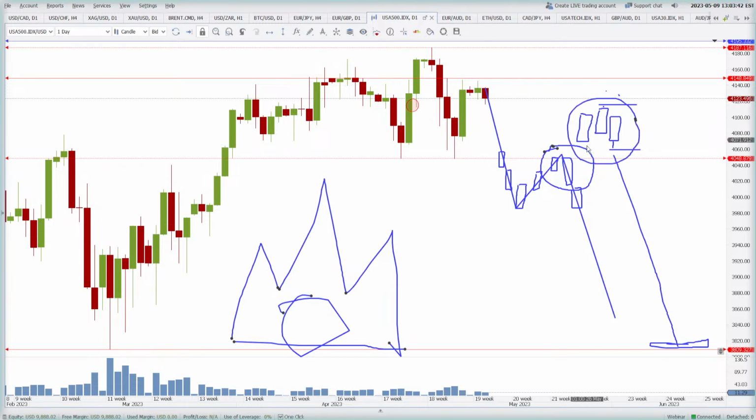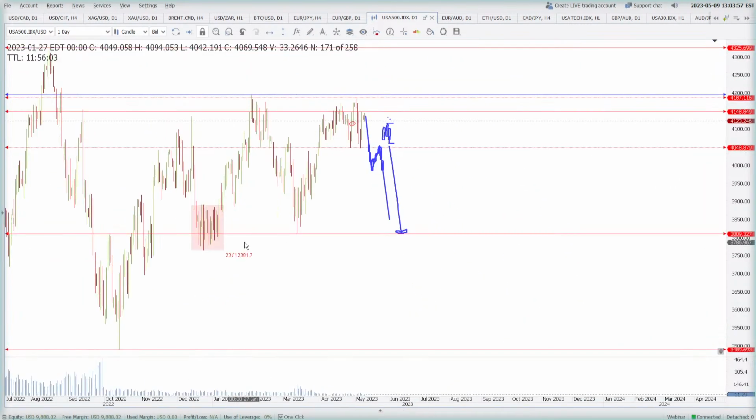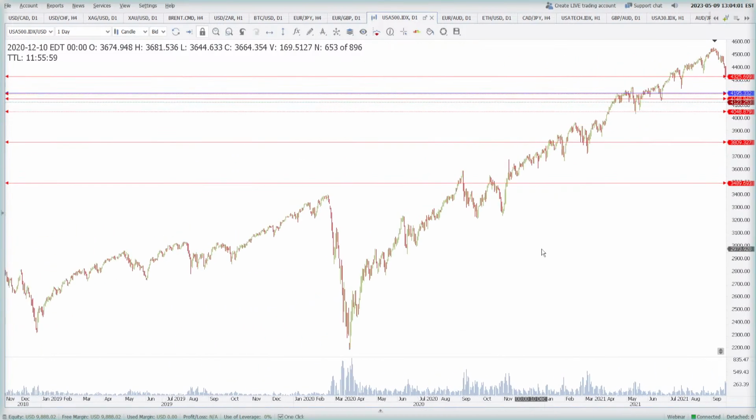This is a bigger version of what you will see here. Okay, this is what you will see, and you will see this every time. You want me to go to the past to show you this? I will give you multiple examples of what happens when there is a breakout. All right,